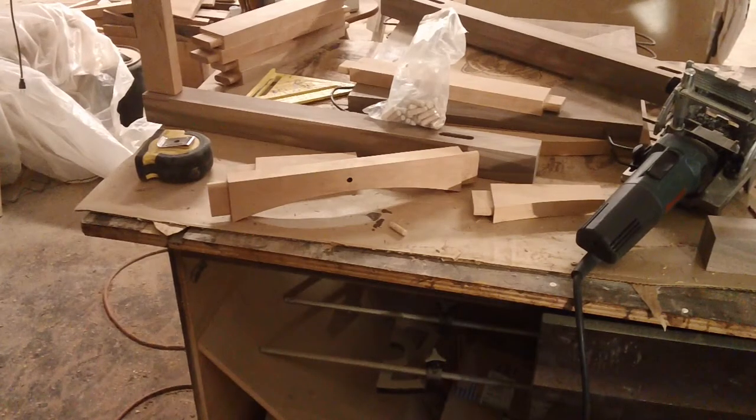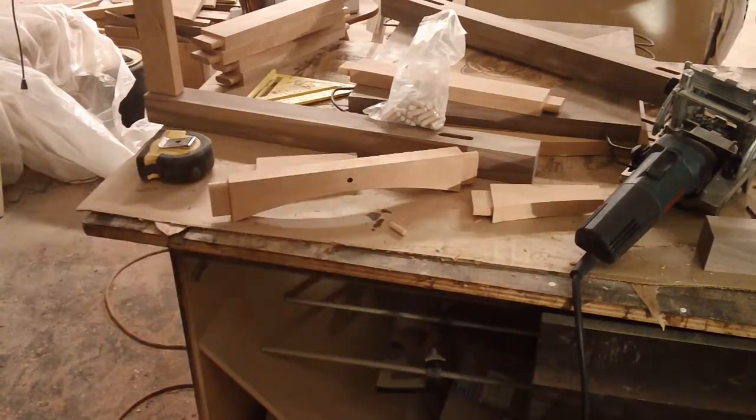plugs. That's the word I'm looking for. They make plugs to fit in those holes, but then you have to glue them in and sand them, or for melamine cabinetry, they have about 5 different colors of plastic ones. But again, you have that ugly hole, and some people try to put contrasting wood and make it look like it's an accent feature. I don't particularly like that. So I will use dowels, and I'll use mortise and tenon,